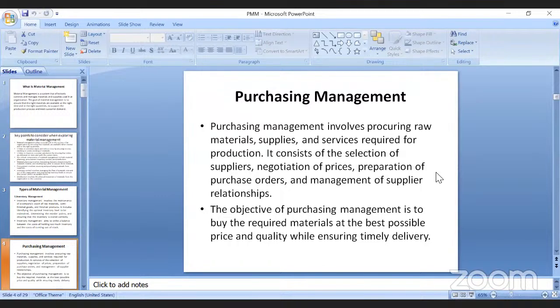Once the requisition comes, you need to send the RFIs, request for information, to the different suppliers. Once we finalize the information, then we send the request for quotation. In the quotation, we give what exactly the materials the plant needs, what type of quantity, and when we want it, like the delivery date and all. Then they will provide the quotation to us.